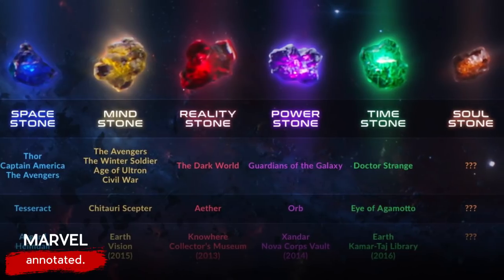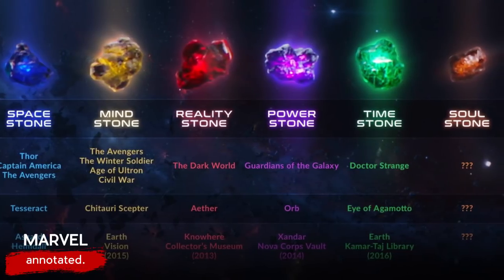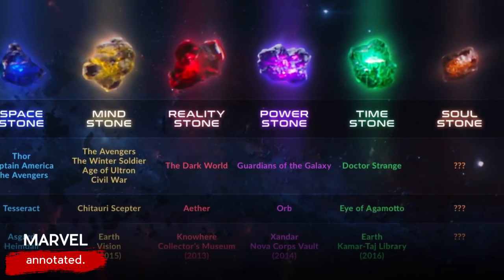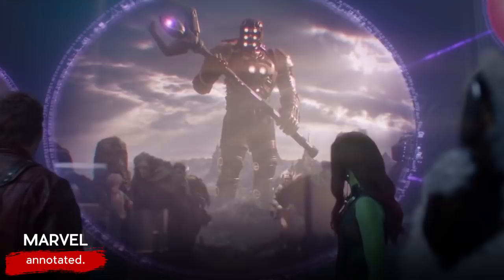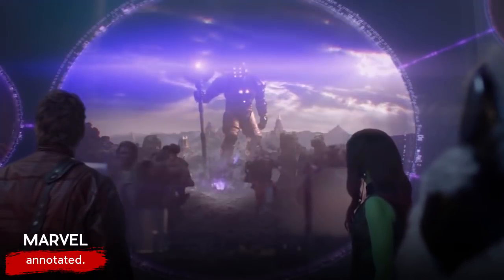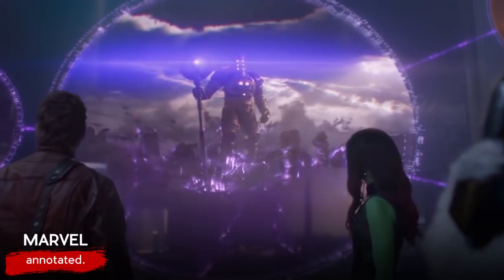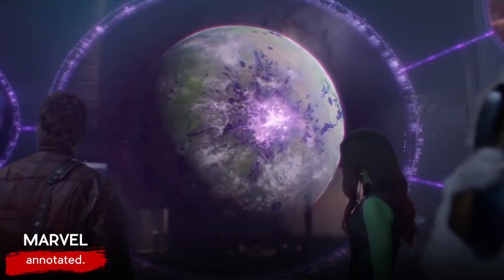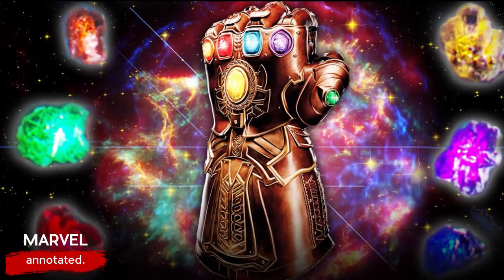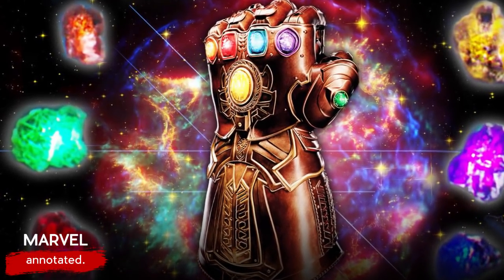While it's widely believed the stones were formed by various cosmic entities, the Celestials were shown to use them as weapons. This was specifically shown in Guardians of the Galaxy when Eson the Searcher destroyed an entire planet using the Power Stone. Due to their immense abilities over aspects of existence, it's widely believed nothing could destroy them and they would eventually be used against Thanos come Avengers Endgame.